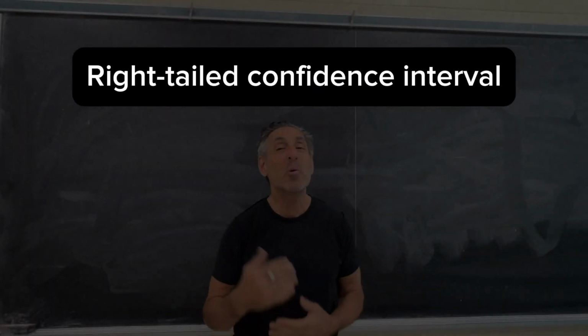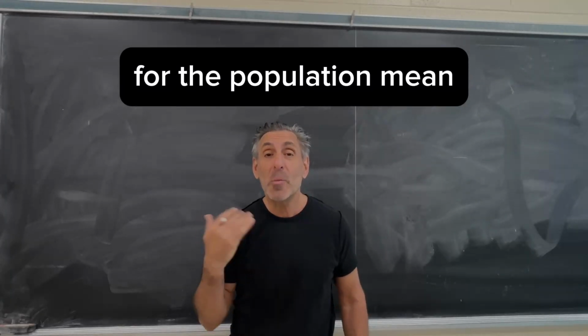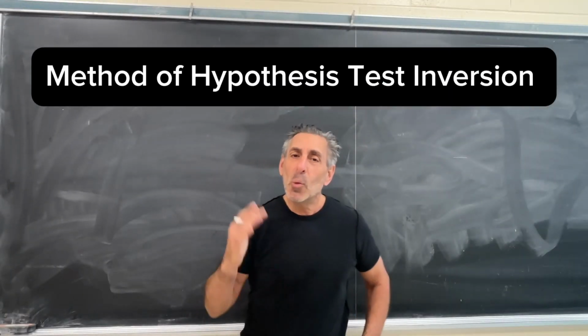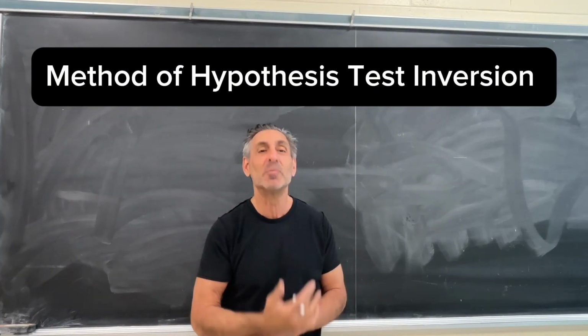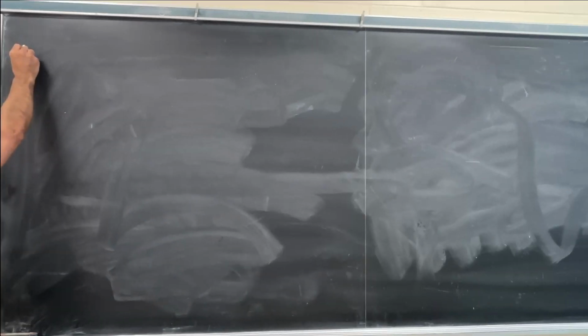Today, we will be deriving the right-tailed confidence interval for the population mean of a normally distributed population. We will be using the method of hypothesis test inversion. We're going to start